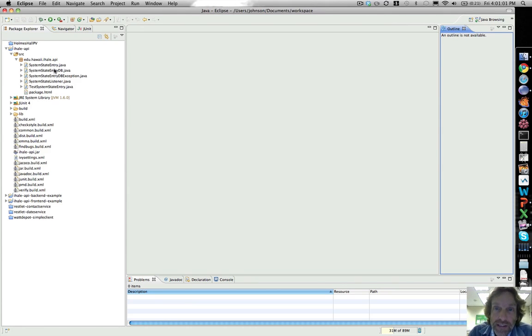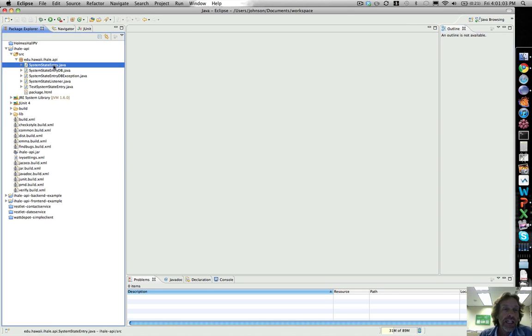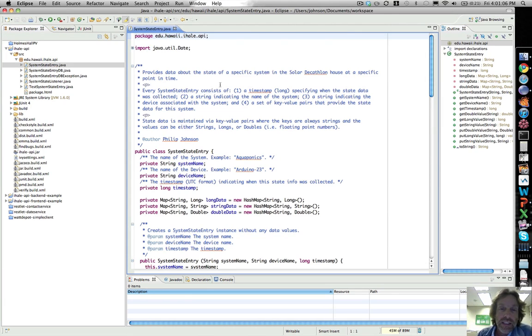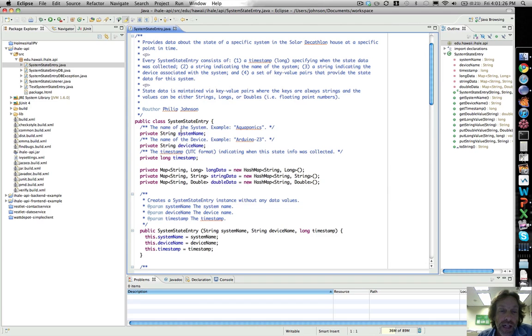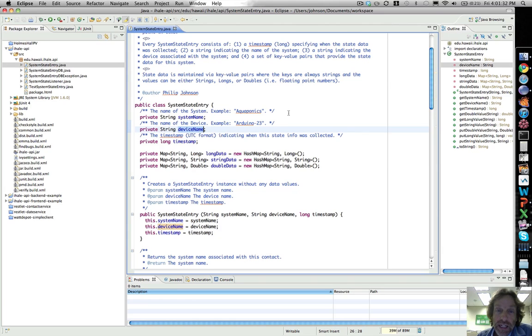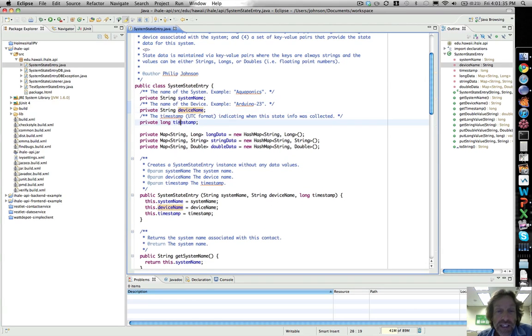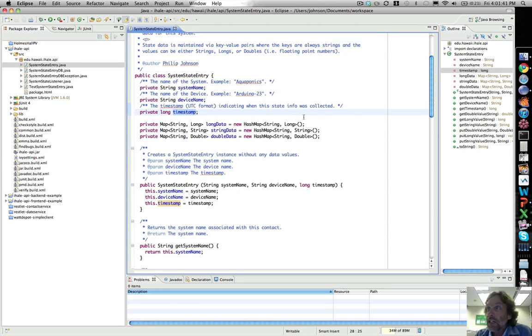Okay, crazy. All right. Let's look at the system state entry, and let's try to figure out why this is the way it is. The idea here, a system state entry class is going to provide information about the state of a particular system represented by a particular device at a particular point in time. Okay? And how does it do that? Well, it's a class where you can specify the name of the system of interest for this particular state entry, the device name, okay, and a timestamp,